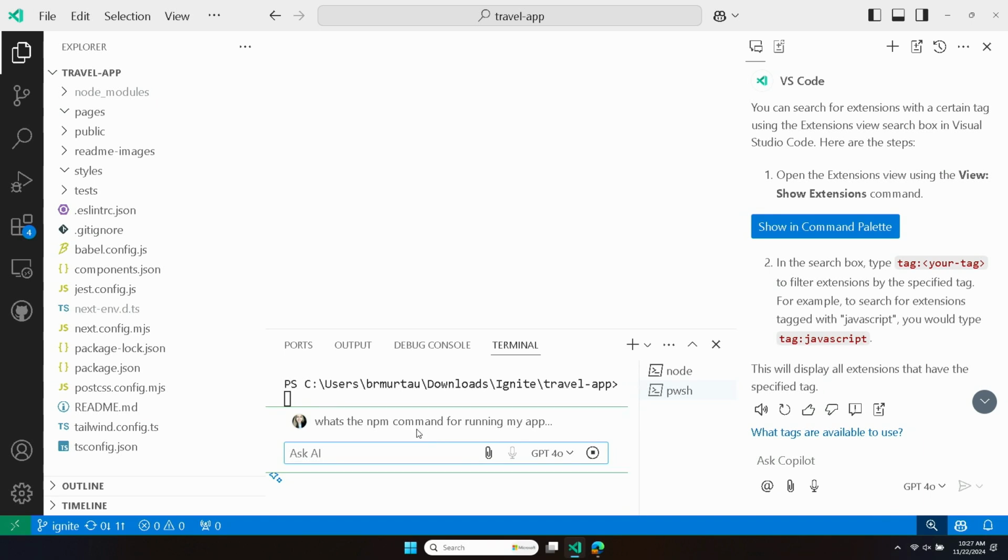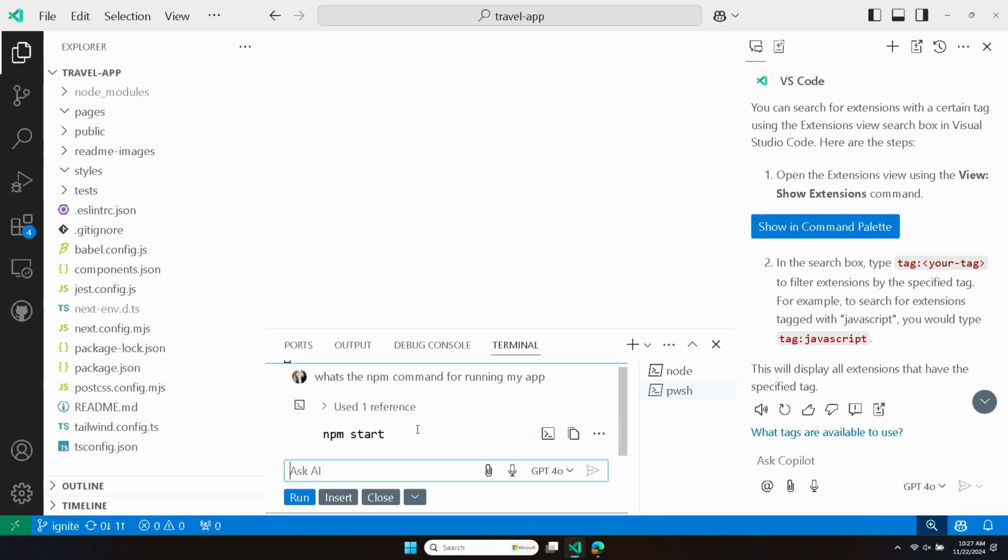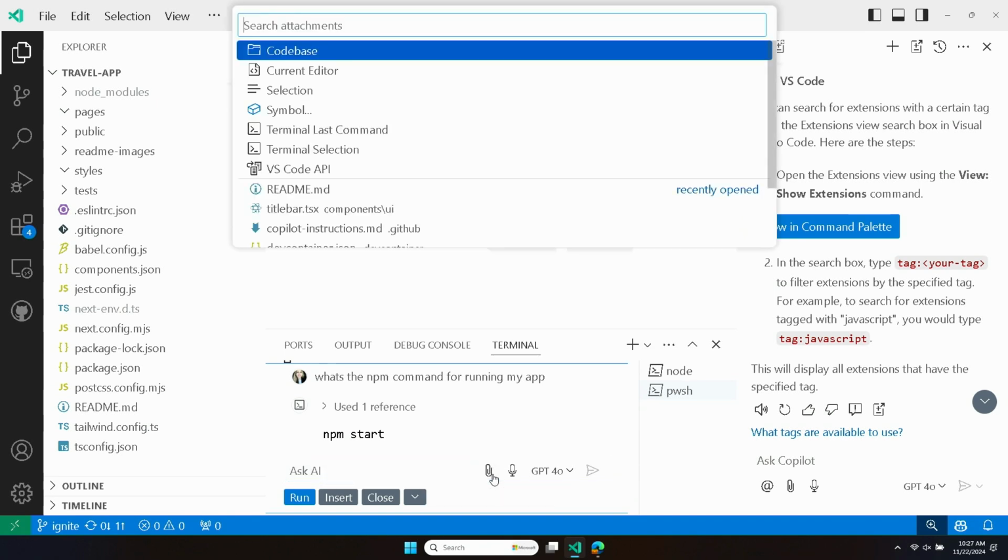And as it thinks about that, there's something else I'll point out. When you're working with Copilot chat in places other than the chat panel, you can still use functionality that you see in the chat panel. So for instance, you're still able to attach different contexts, whether you want to use slash commands here, or attach specific context from other parts of your code base or other parts of your editor. You'll see we also have attach here. So you can use it in the chat panel, inline chat, whatever is most convenient for you.